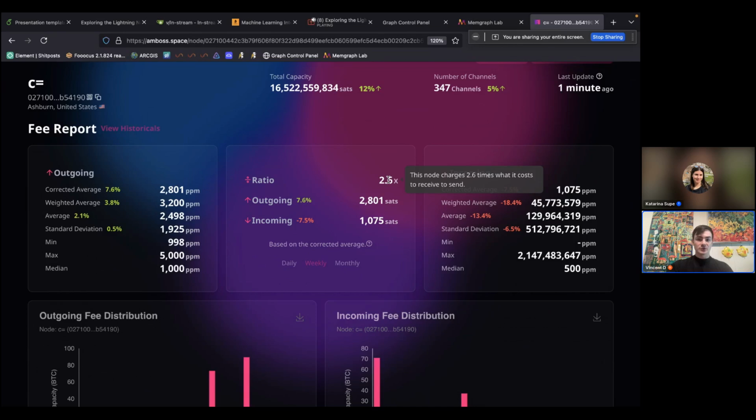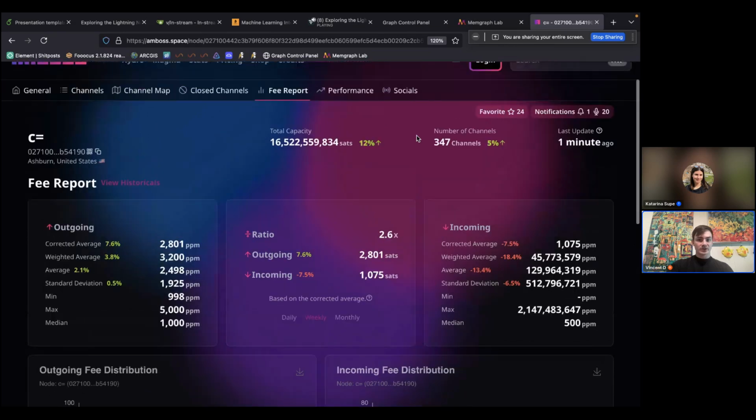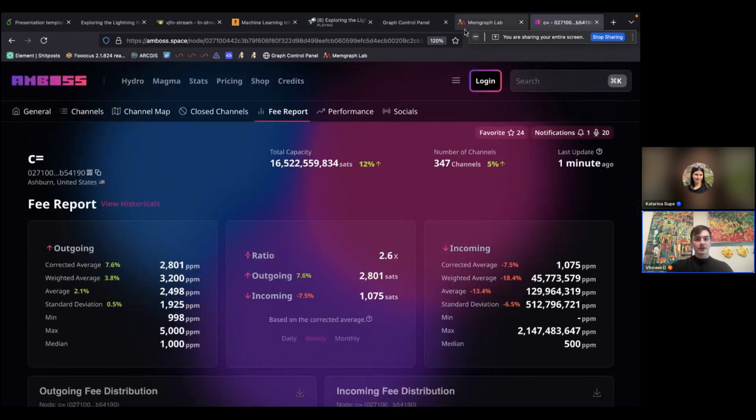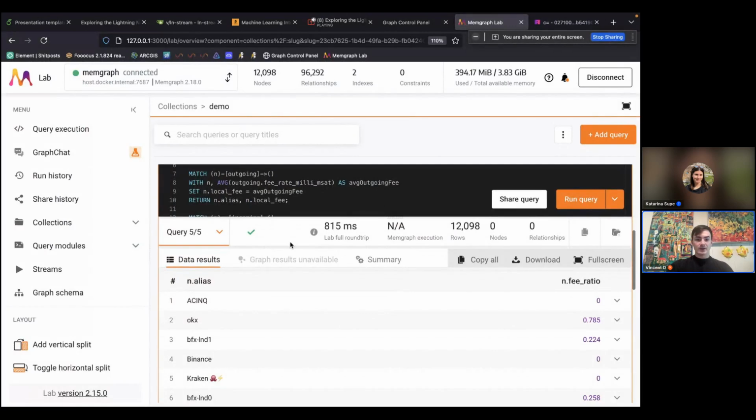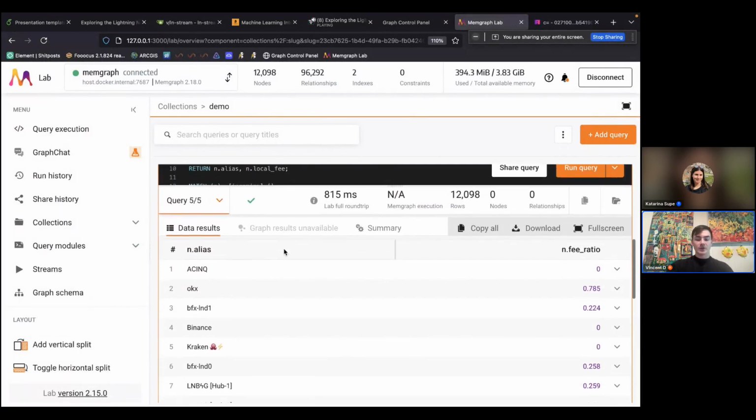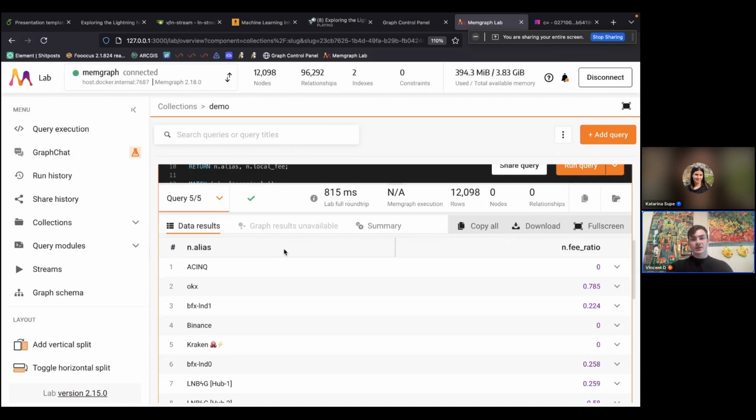So this node charges 2.6 times more to receive than it does to send, which means it's probably a source in the network rather than a sink. If you think of a sink in the network, they would want it to be cheap to receive, and they would end up receiving more. So by identifying these nodes in the network, we can use a heuristic to determine where funds originate in the network and where they usually